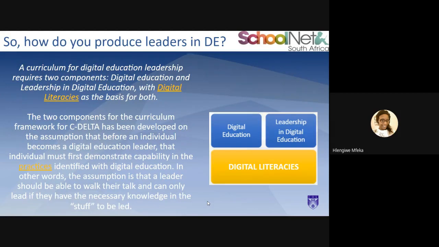Now, we are talking about producing leaders in digital education. So how do we actually produce these leaders in digital education? Let's look at the program itself. Then you would understand how we produce leaders. Let's first look at the curriculum for digital education leadership, which has two components. One component is that of digital education, as well as the one for leadership in digital education,